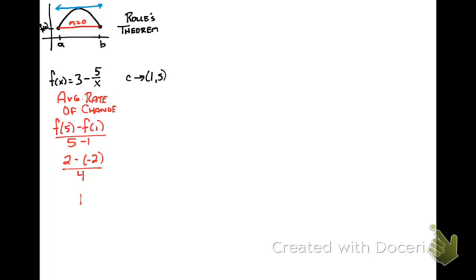If it's going to satisfy the mean value theorem, what we're trying to figure out is, when does the average rate of change equal the instantaneous rate of change, or when does it equal the derivative? So I want to know, when is the derivative of my function equal to 1? Well, to take the derivative of this, I'm going to rewrite it as 3 minus 5x to the negative 1, so I can use the power rule. And the derivative of this